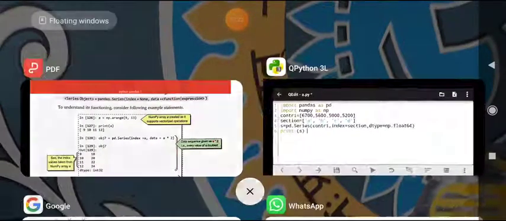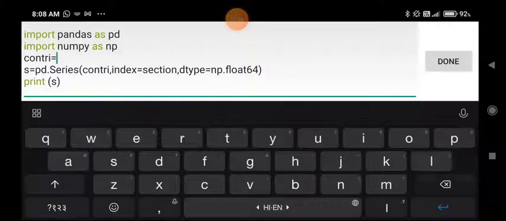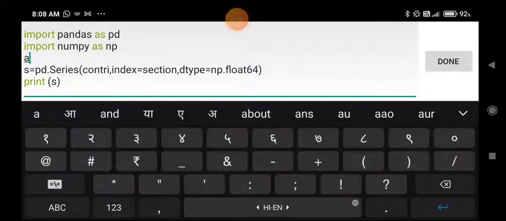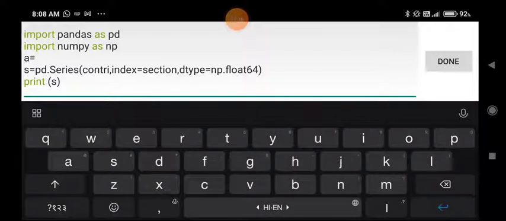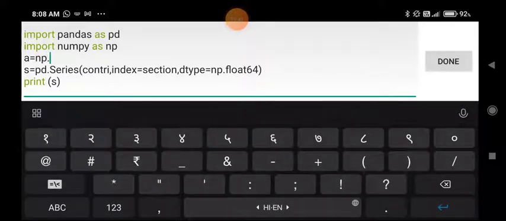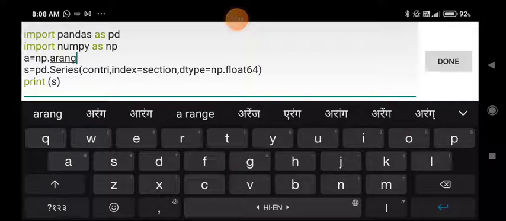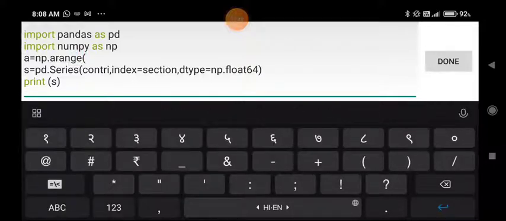So student, I am going to explain again with an example. So I am removing this part. We have to import pd and np both. So I am writing a is equals to np dot arange. Student, the arange function is used to create a numpy array.